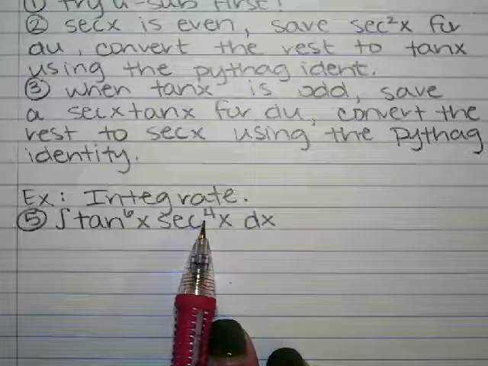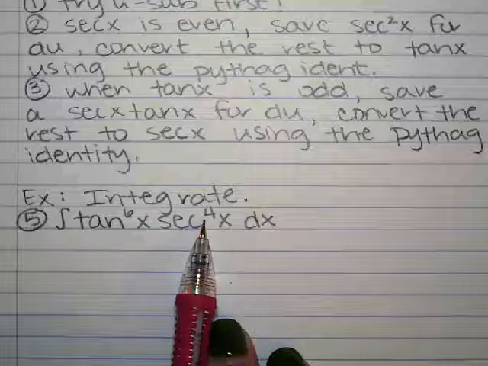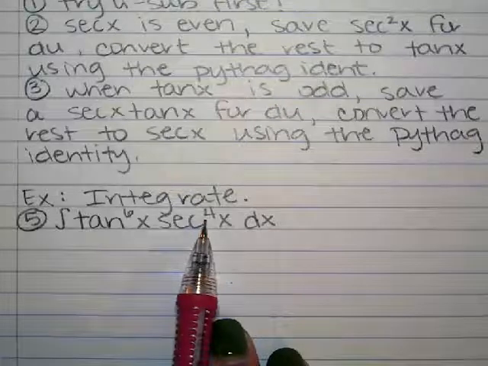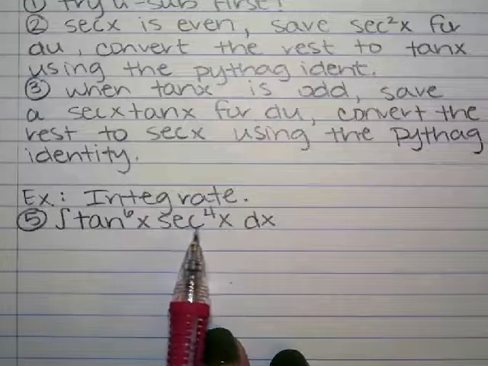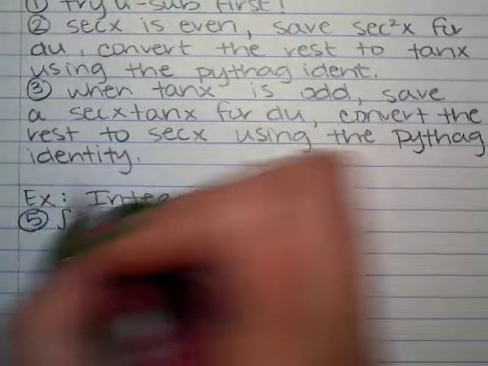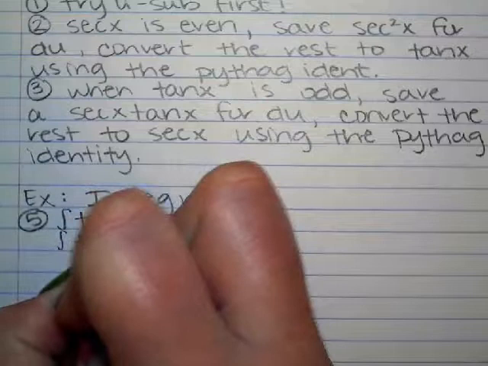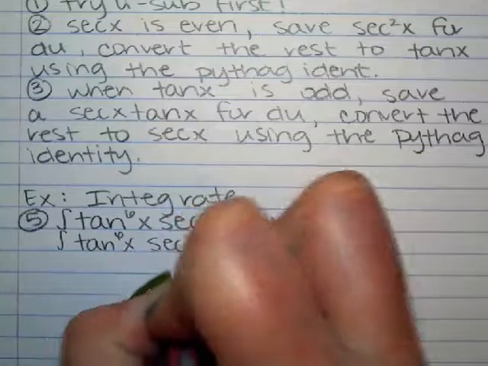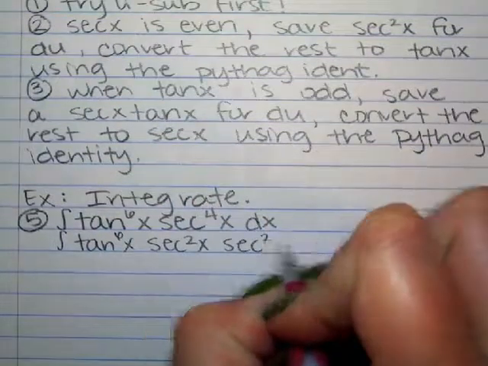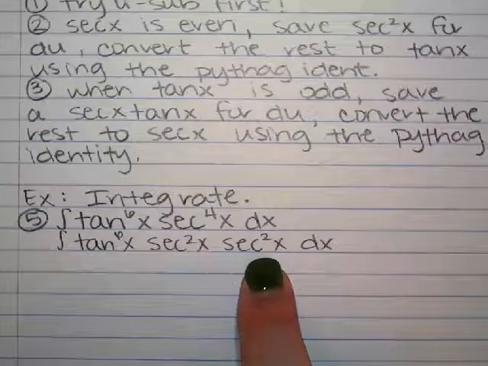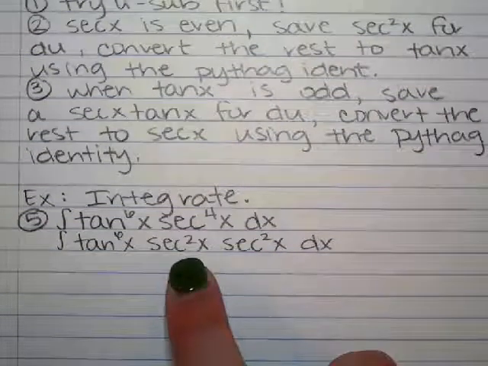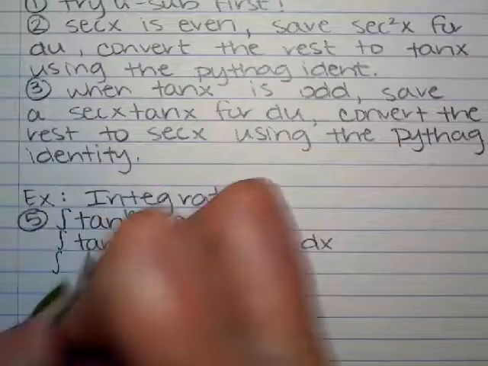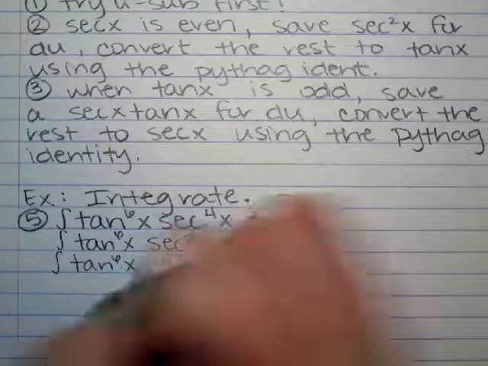So we're doing it just like the last time. We're thinking in terms of what derivative I see present, and then how do I convert the leftovers into the other thing. The derivative I see present is a secant squared. So I'm going to write this as tan to the sixth times secant squared times secant squared. I'm saving one of the secant squareds as my derivative, and then the other secant squared I'm going to turn into tangent. So I'm going to look at my blue sheet, and my blue sheet tells me that secant squared is